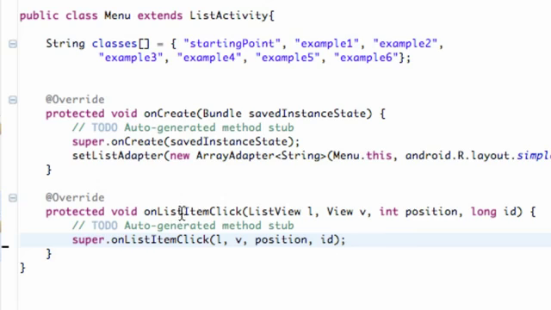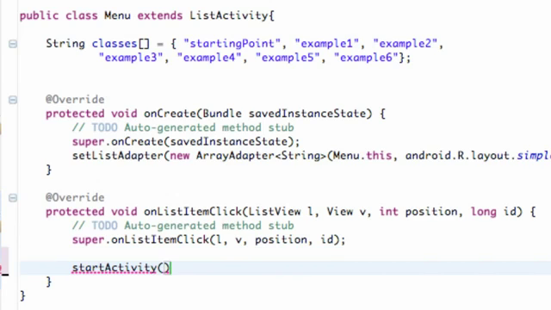What I want you to do is go within this onListItemClick method, and in the next tutorial we'll finish our application, then I'll break everything down. I just didn't have time to do it in one tutorial for the most part. So I'll show you how to start a new activity. Again, it's pretty simple. We're going to say startActivity,